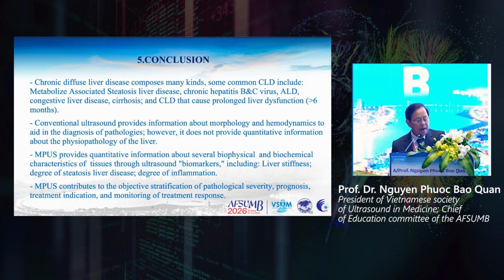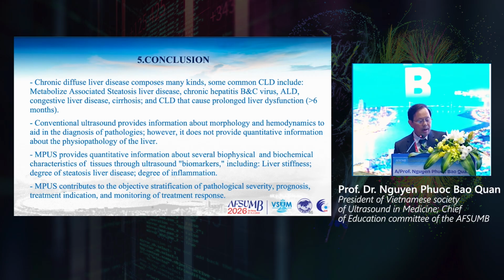In the past, conventional ultrasound only provided information about morphology and assisted diagnosis. However, it does not provide quantitative information about the pathophysiology of the liver. Multi-parametric ultrasound provides quantitative information about several biophysical and biochemical characteristics of the tissue through ultrasound biomarkers, including